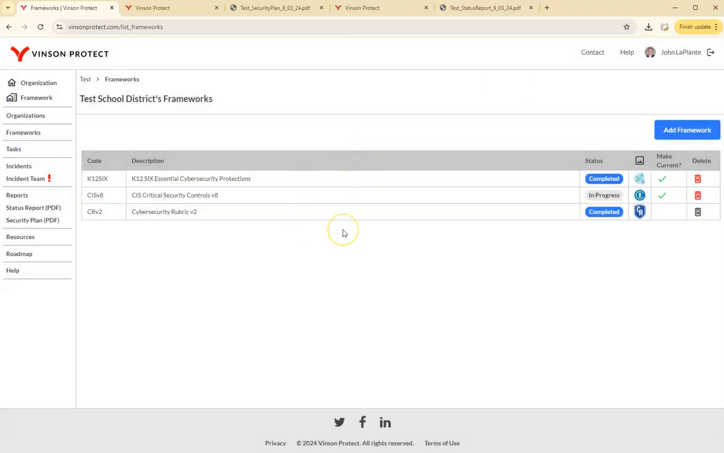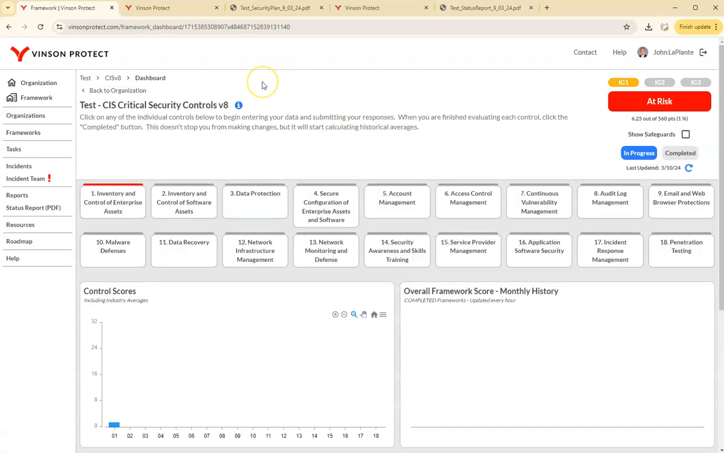But this is where you will choose different frameworks. To make a framework current, you just click on the current. So if I want to make CIS version 8 current, for example, just click on that, and then that launches me to the CIS version 8 framework. Okay,